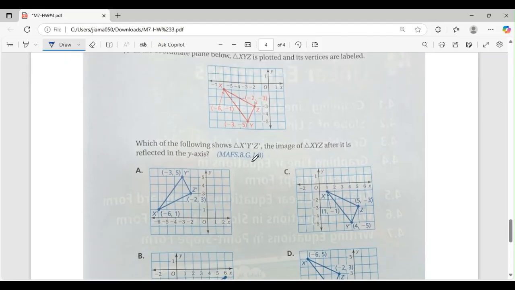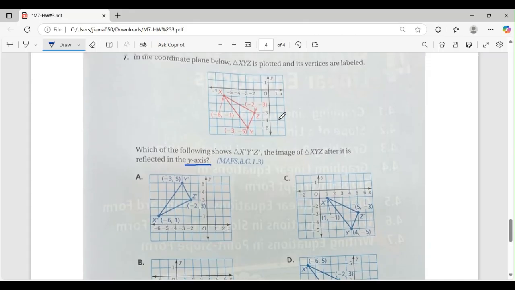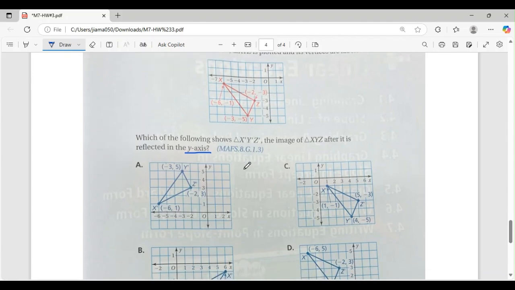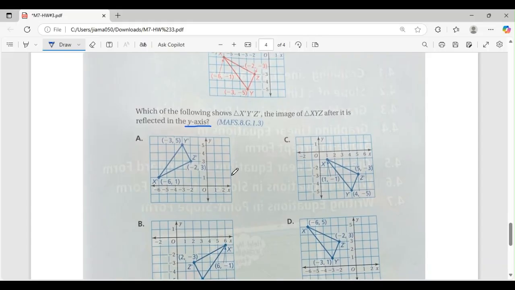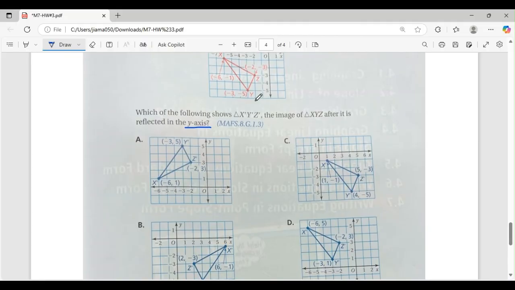Okay, so the important thing is it's reflected in the y-axis, which is this axis. So the rule of that, the first part of it is becoming